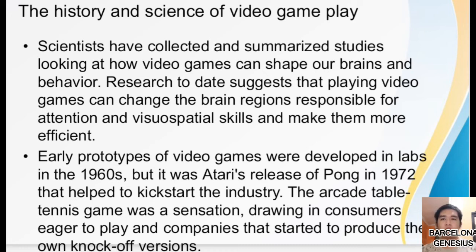The arcade tabletop tennis game was a sensation, drawing in consumers eager to play and companies that started to produce their own knockoff versions of Pong. So, not only can video games give you enjoyment, they also give you knowledge, because there are games that have history lessons. For example, Call of Duty and Battlefield, Call of Arms 2, they have a story or a campaign version of